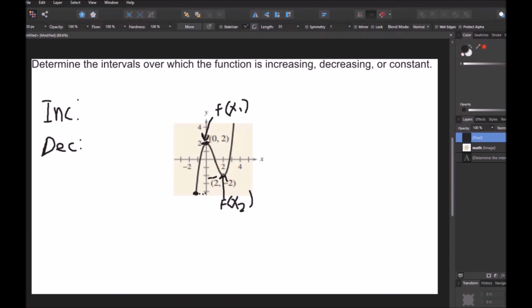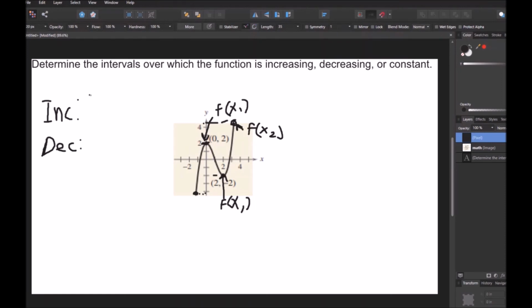Now I go from my 2, negative 2 point. Now if I call that f of x1, I call this point way up here f of x2, I can see that this f of x2 is greater than my f of x1, so it's increasing again here. So again, it's increasing, decreasing, increasing. So what intervals are those? Well, it's